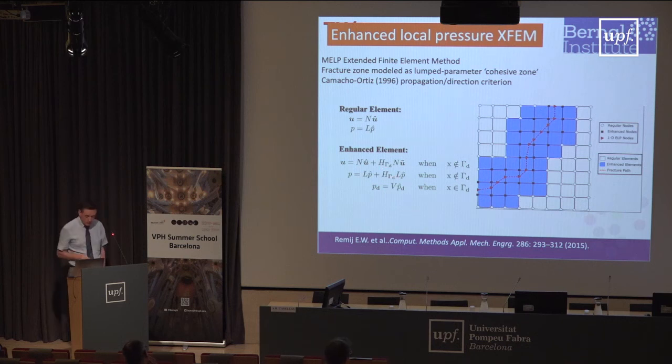This is very standard. Only what we did was that along the crack, we had a pressure defined inside the crack, but also a pressure defined on the left side of the crack and on the right side of the crack. We had 3 pressures at each point, because we expect these 3 pressures to be systematically